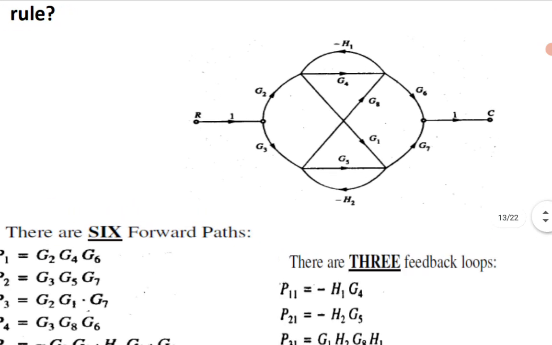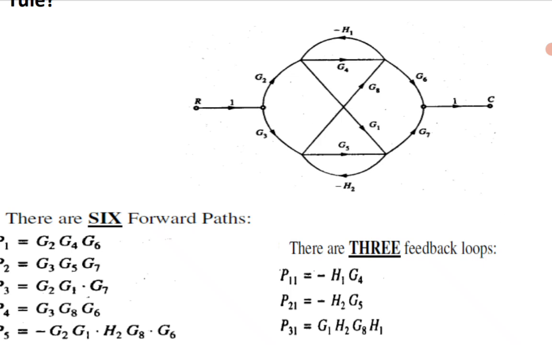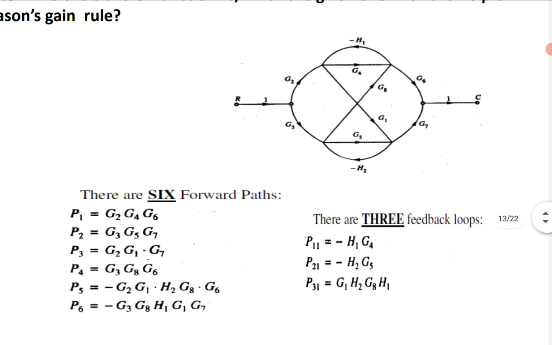P11 is minus H1 G4, P21 is minus H2 G5, and P31 is of numerical digit 8 type nature. That is G1 H2 G1 H2 into G2 G8 H1. So these are the three individual loops. Now we will see non-touching loop pairs. Obviously P11 and P21 are the non-touching loop pairs that can be generated, because those two loops are totally isolated from